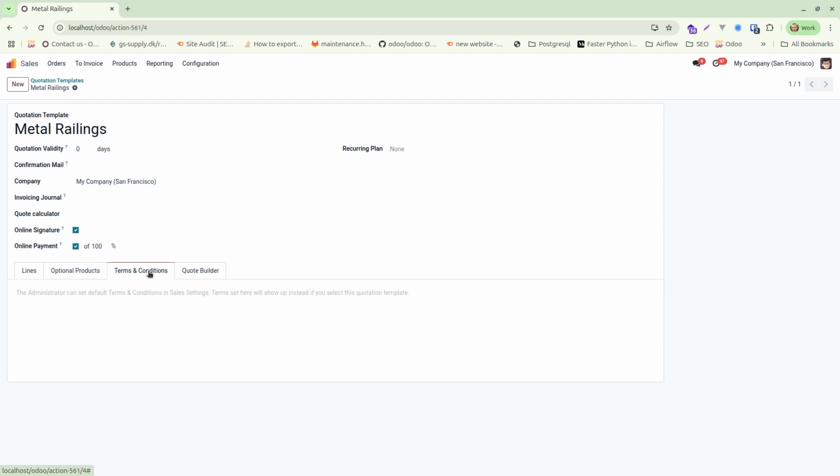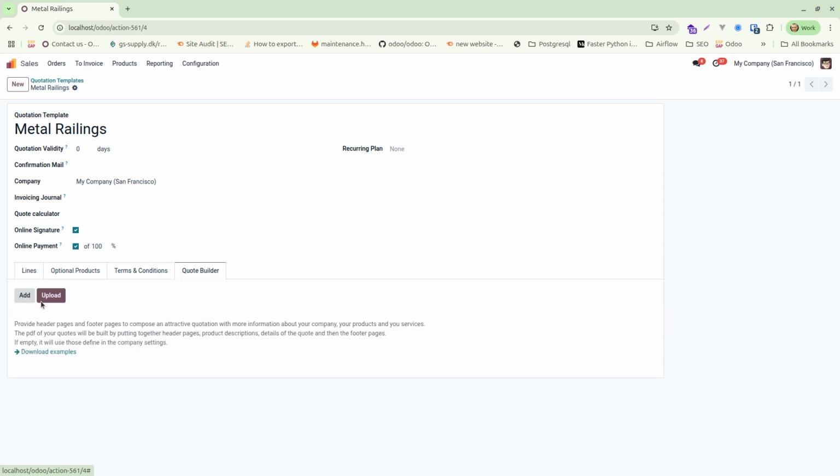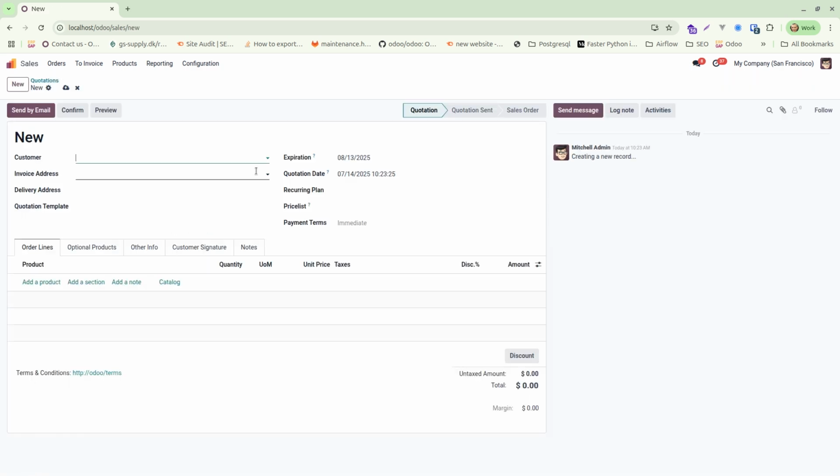There are lots of things you can do now, like setting your terms, optional products. Then you can have your quote builder. It will use PDF forms and it will show a very nice look of the quotation you're sending to your client. You have download examples here. You can get a zip folder with some predefined PDF quote builder examples. There are some videos that show you how to do it, but let's just go into quotes and let's start